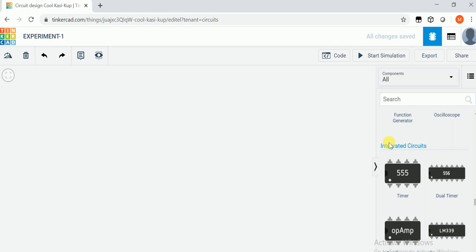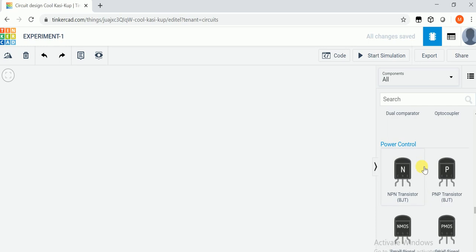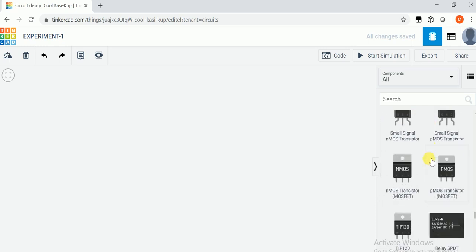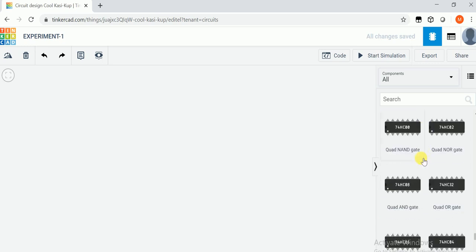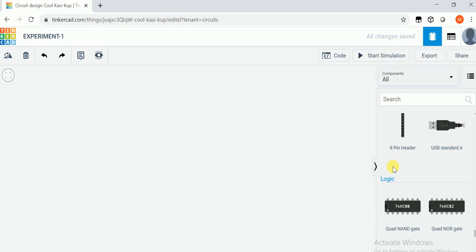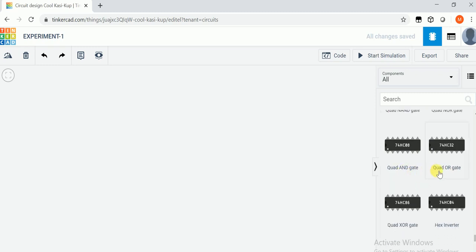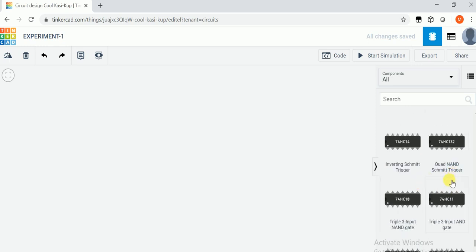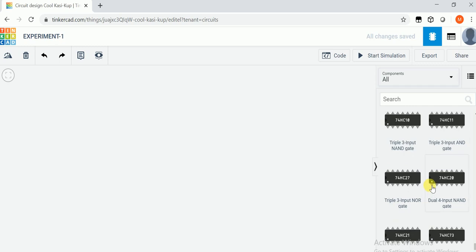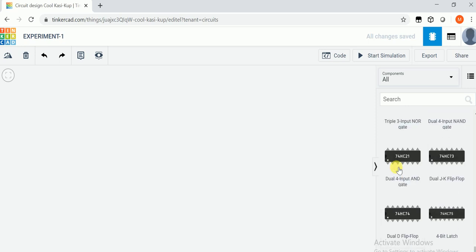Then we come to integrated circuits like timer, dual timers, op-amp circuit, power control, BJT, MOSFET, and then the last one, logic design, where we have to work. Here you can see the different ICs available: NOR gate, NAND gate, AND gate, OR gate, XOR gate, inverter, Schmitt trigger, quad NAND, and so on. So we will utilize these ICs to perform the experiments.